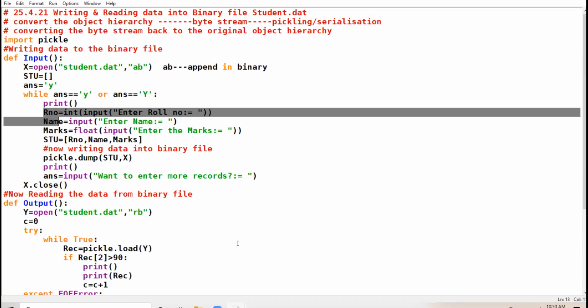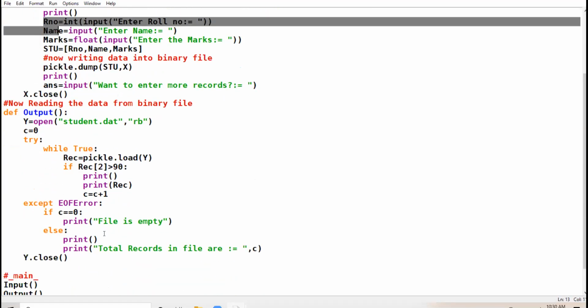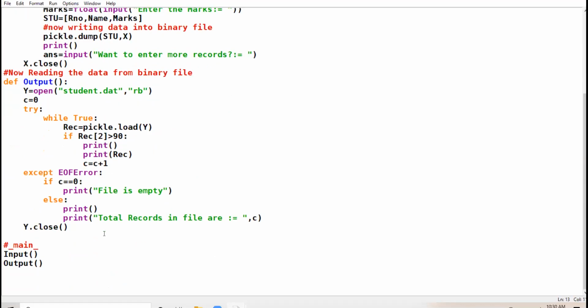Clear? Now I am performing the read operation from the file. I have entered the records in the file. Now I want to read those records. When you reach the last record in a binary file, a runtime error occurs, a runtime exception can take place, that is called EOF error. To handle this exception, it is always preferred to use a try and except block.